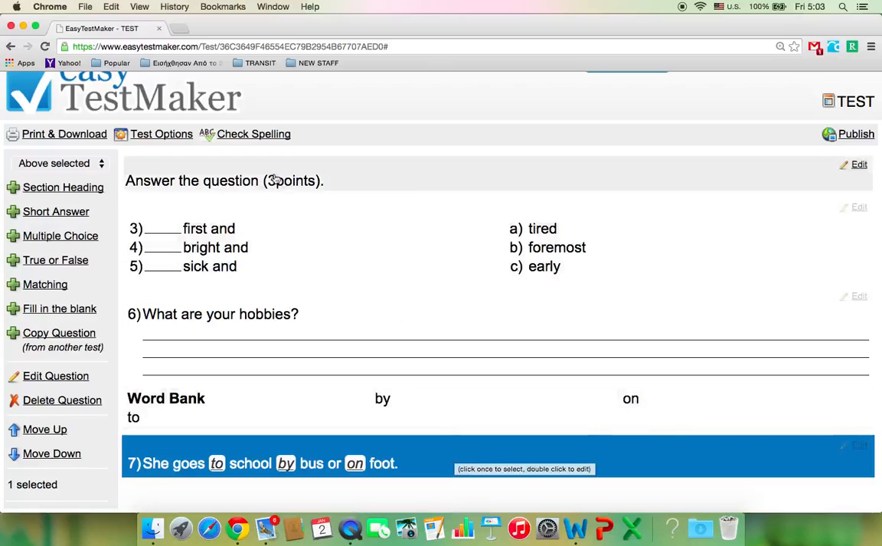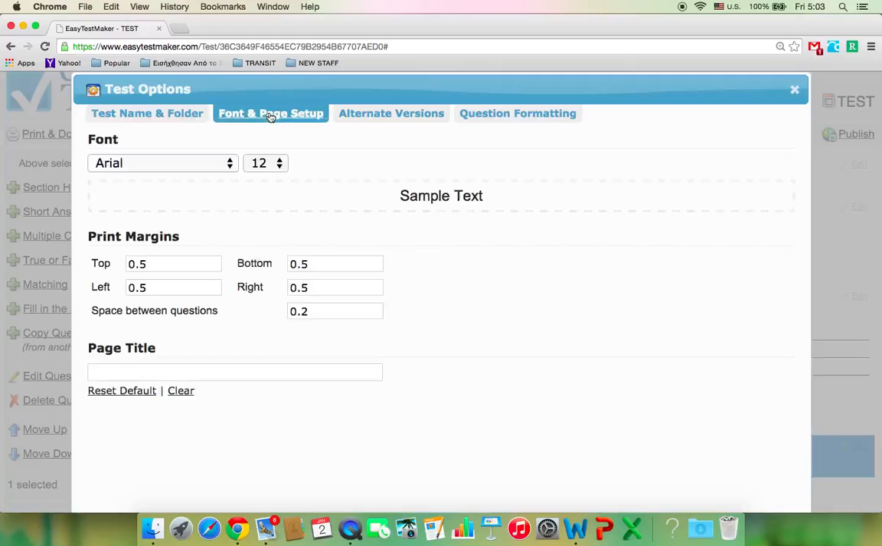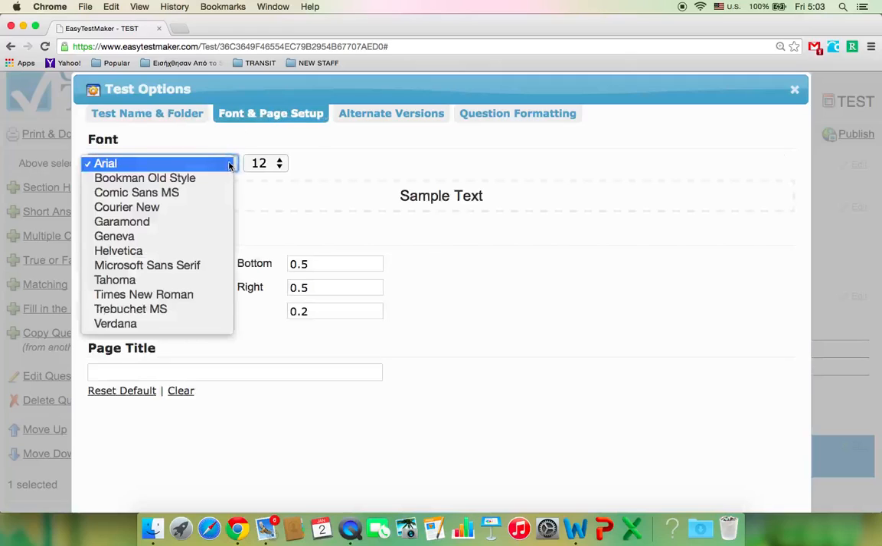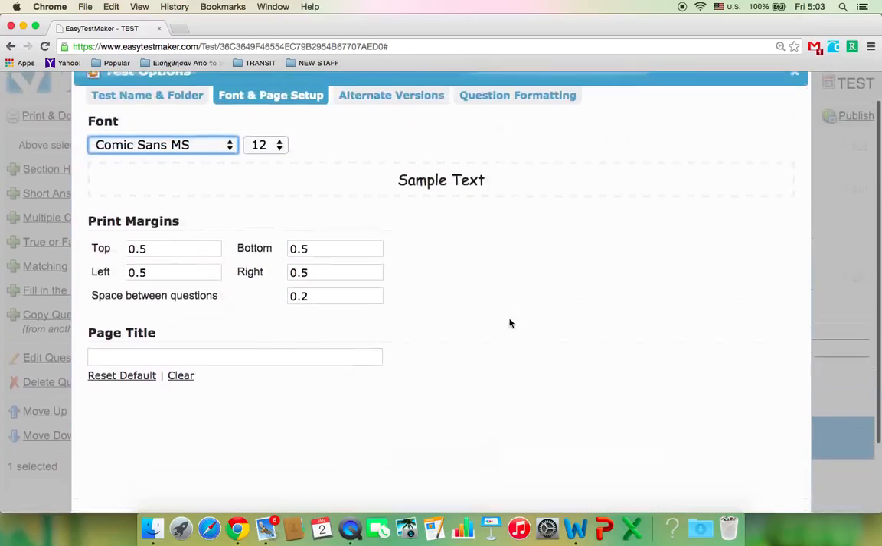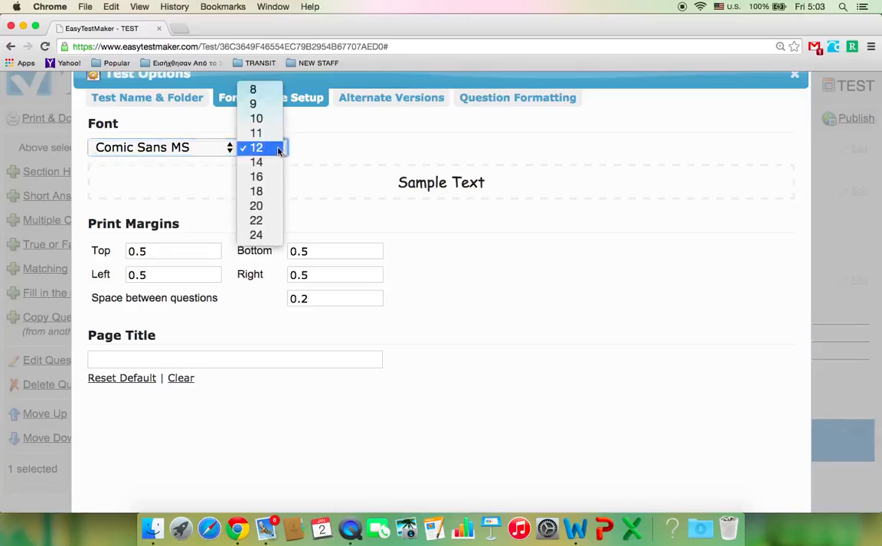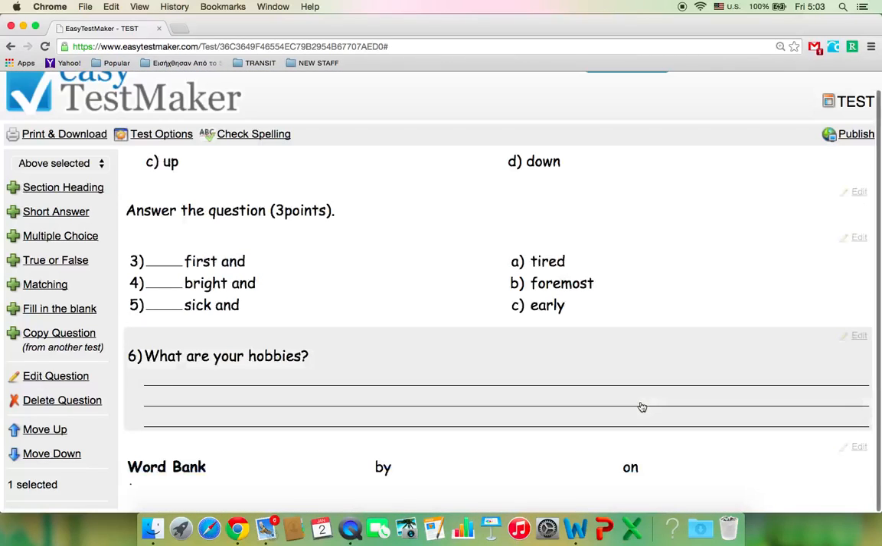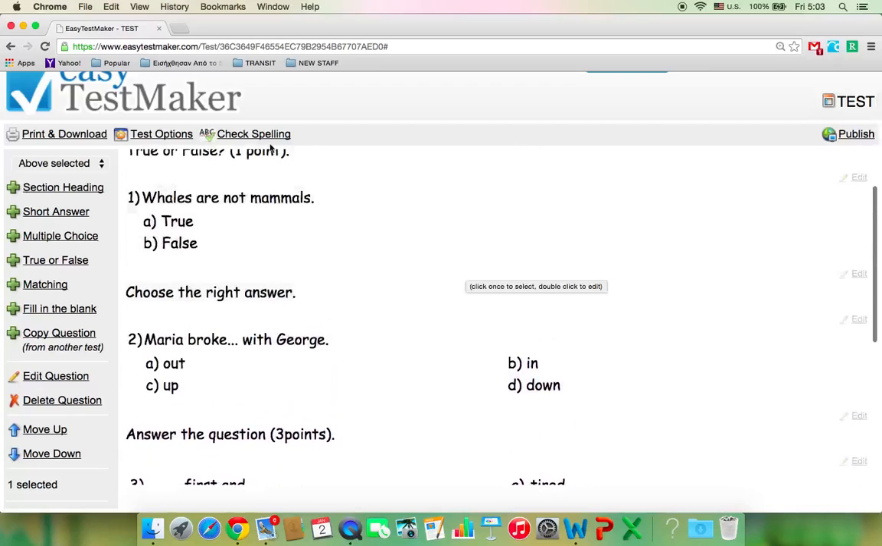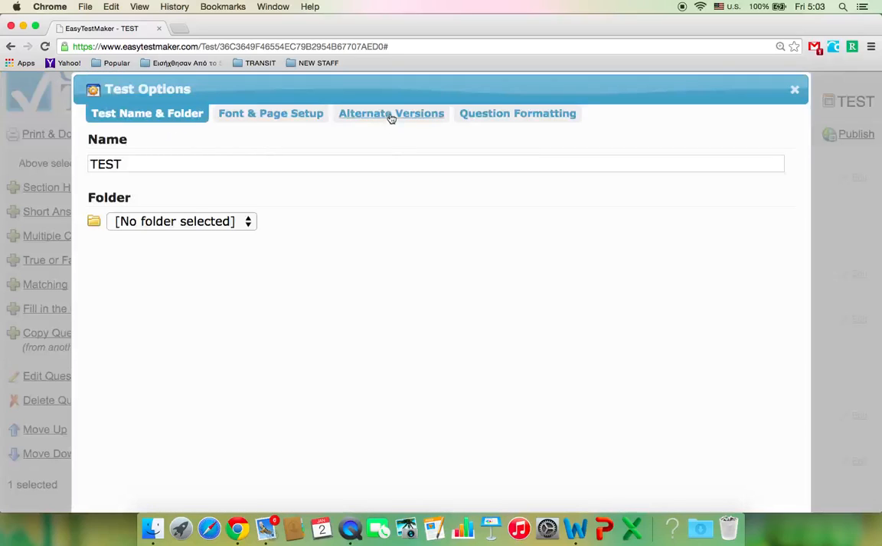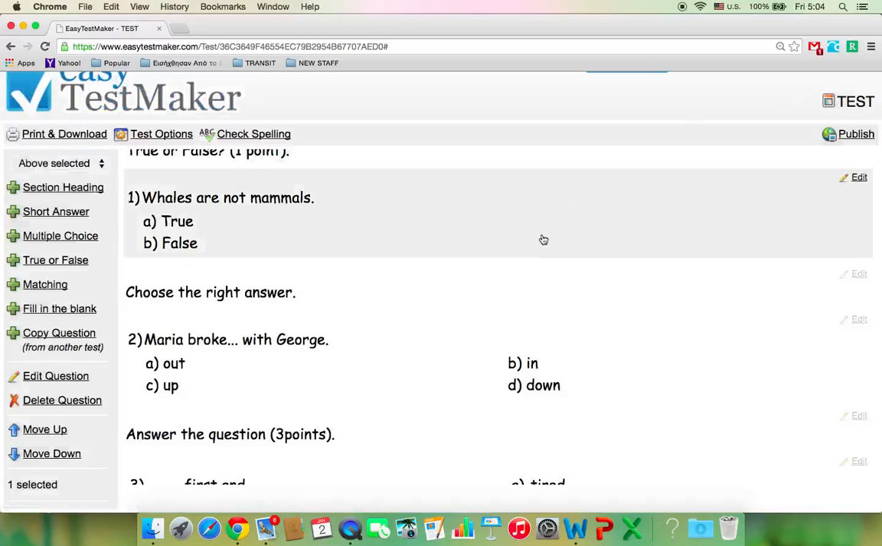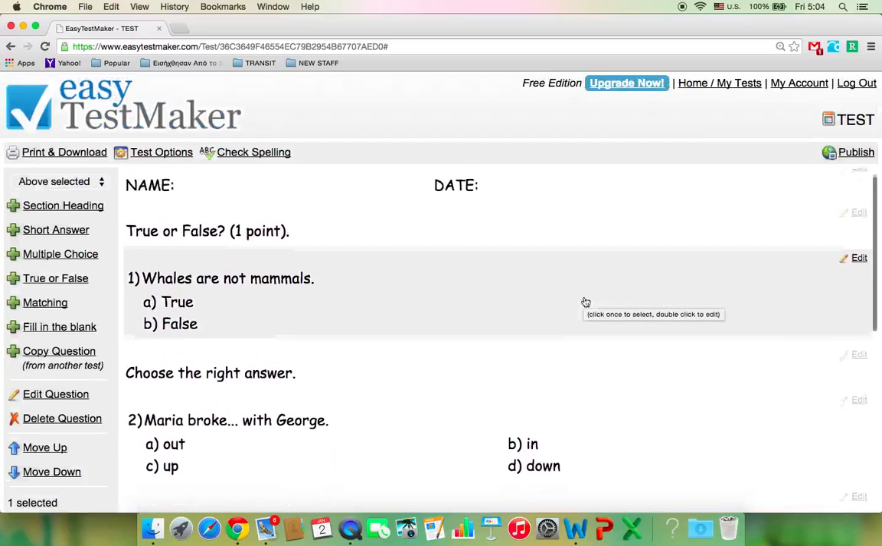Now, if I need to change something, I can go to the font and page setup. For example, I need to change the font to make it Comic Sans, and the size of the letters to make it smaller or bigger. This one is just fine. I click Save and I change it. See, and there are also some other formatting versions given that you can check on your own. And now that I'm almost ready,